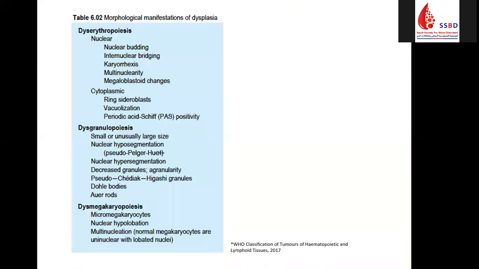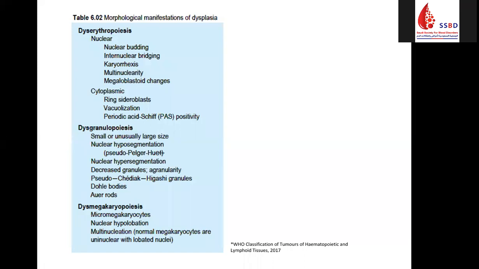Just to remind you about the morphological manifestation of dysplasia. So this is from the WHO, and most of the things should be checked in the bone marrow. However, for peripheral blood, you may make use of the dysgranulopoiesis features: presence of small to unusually large size, nuclear hyposegmentation, pseudo-Pelger-Huët, nuclear hypersegmentation, decreased granularity or agranularity, pseudo-Chediak-Higashi granules, presence of Döhle bodies or Auer rods. And if you've been lucky to have some nucleated RBCs, as I showed you in the rare nucleated RBCs, in this case you may have karyorrhexis, and of course you definitely need the bone marrow